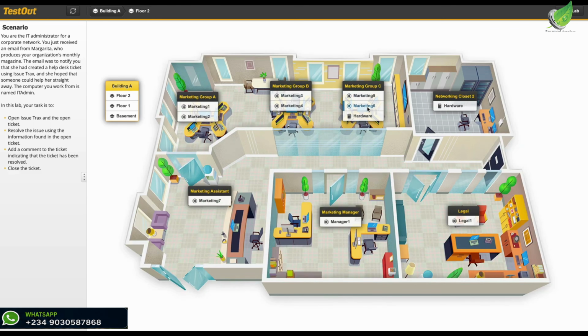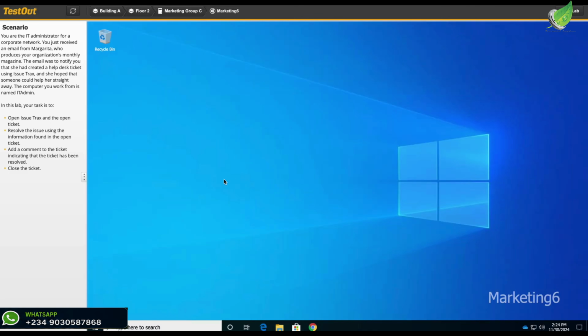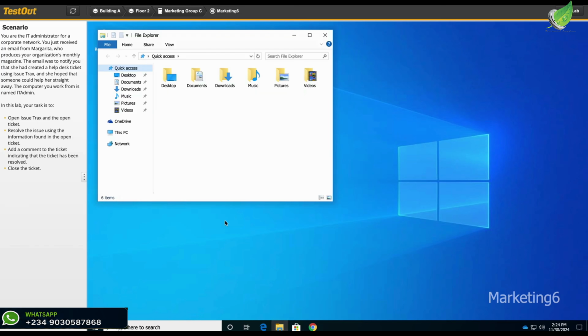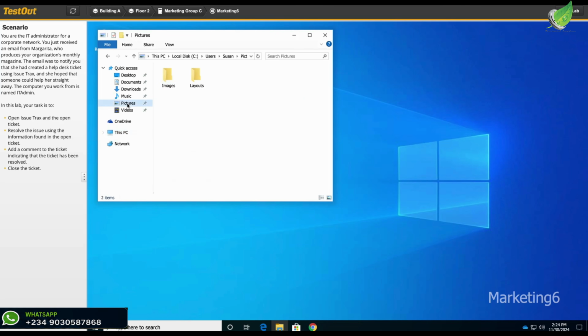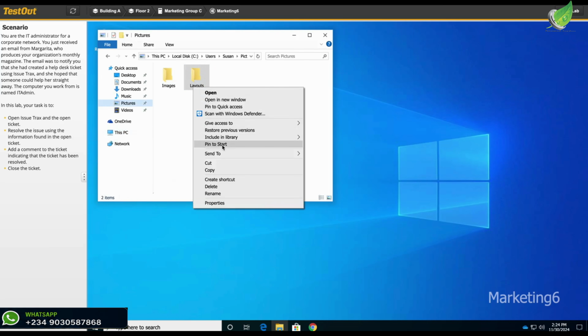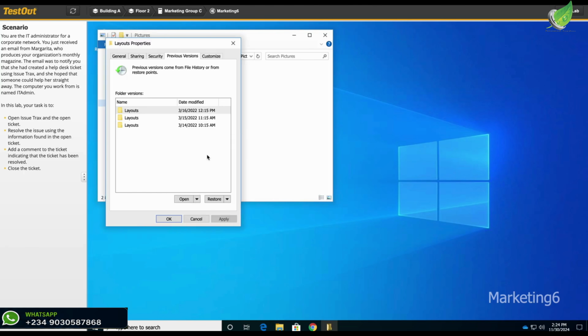We open the PC in marketing 6 and we open files and folders. And here we want to download pictures. Let's look at the layout. Let's go to restore and we'll go to layout this, and we'll go ahead and restore this, and we'll go ahead and replace